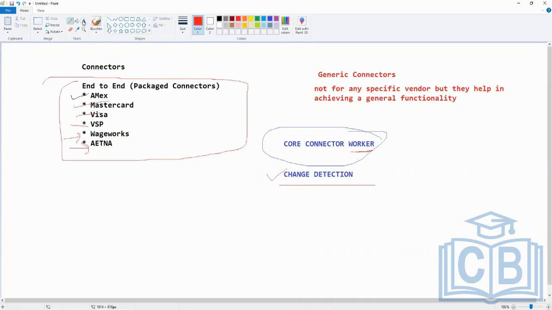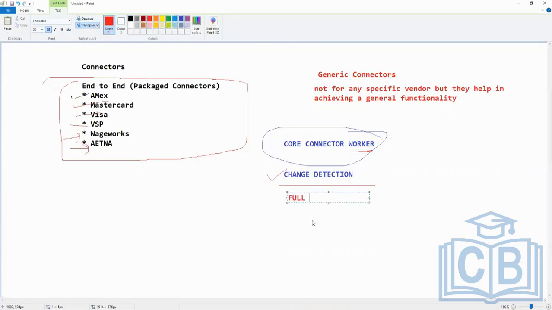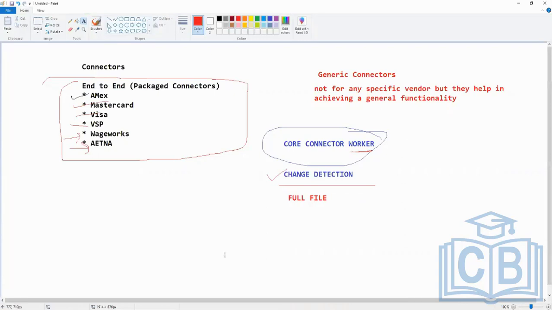The opposite of this is called a full file. A very common example to help you understand this concept: suppose a system gives you a requirement that every week, Monday morning 6 a.m., I want the employee file from your system. Now suppose there are 10,000 employees in your company. Every Monday morning, is it a good practice to send all 10,000? No. It's a very big file, a waste of memory, not good from a performance point of view, and from a data security point of view,